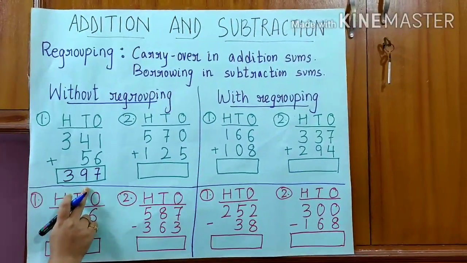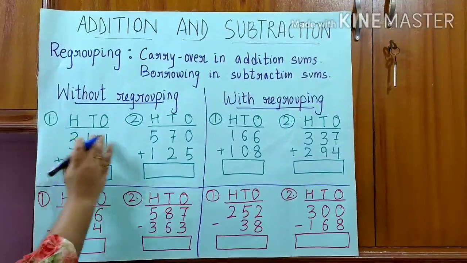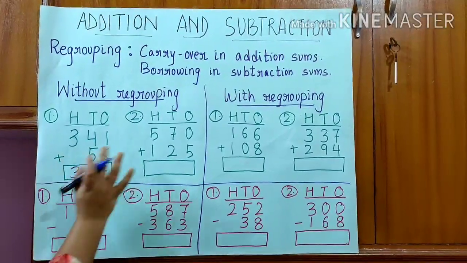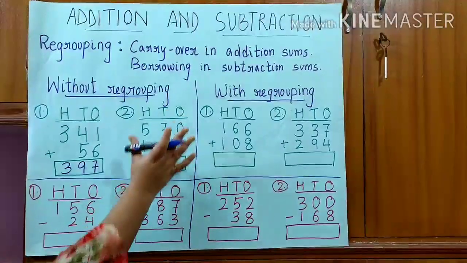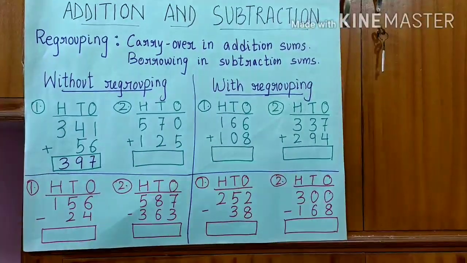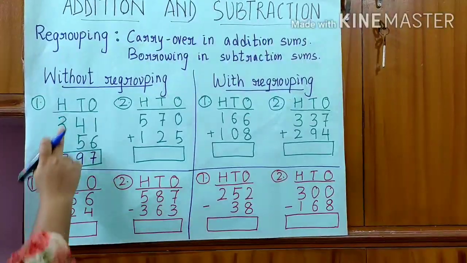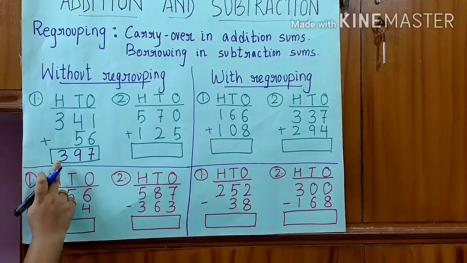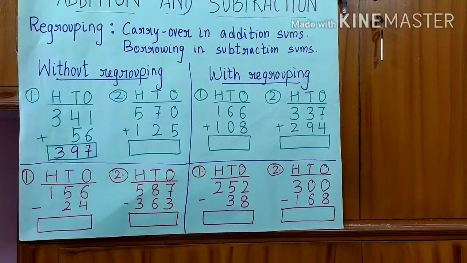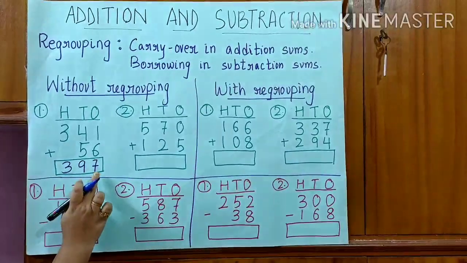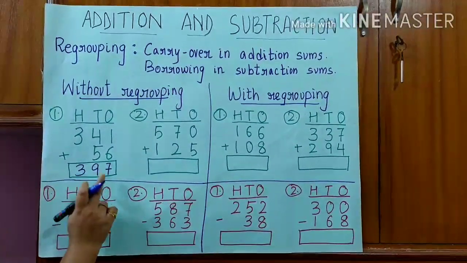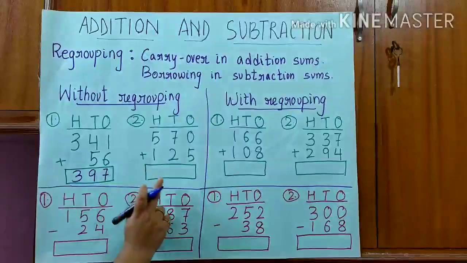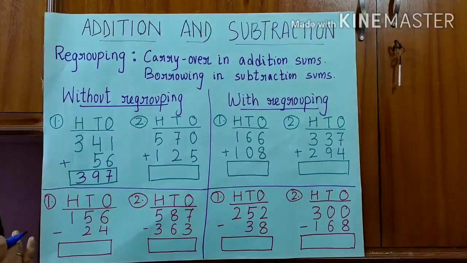You able to understand? So this we have done with 3 digits plus 2 digits. Okay, now we will move on to some more bigger numbers. That is 3-digit number plus another 3-digit number, right? So over here, how many chocolates did Jocelyn sell? Jocelyn sold 397 chocolates on 2 days altogether. This is our answer, right children? Now let's move on to the next one.